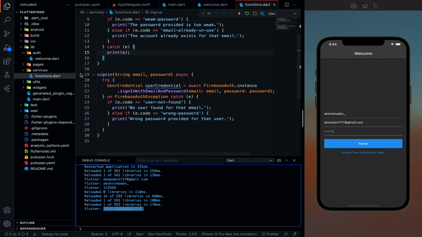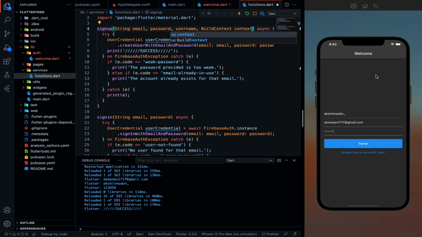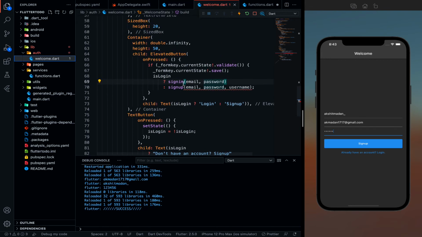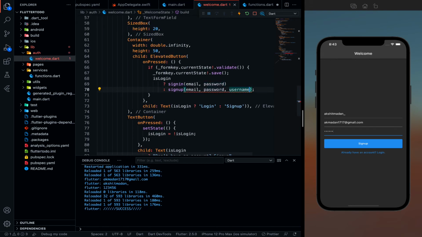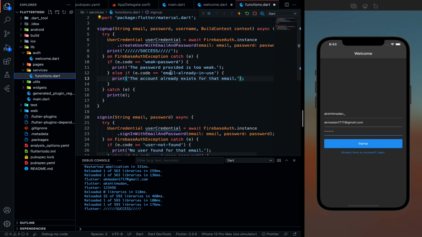Now what I need to do is I want to show over here also that you are successfully logged in, right? So let me just do that. So what you need to do is go to your functions and take a build context. So this build context is nothing but it is a reference to your previous screen, right? And as you can see, there is an error because we have to pass our context. So what is happening is, let me just write the code first.